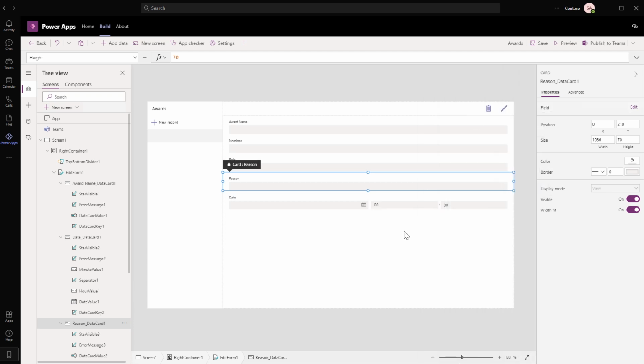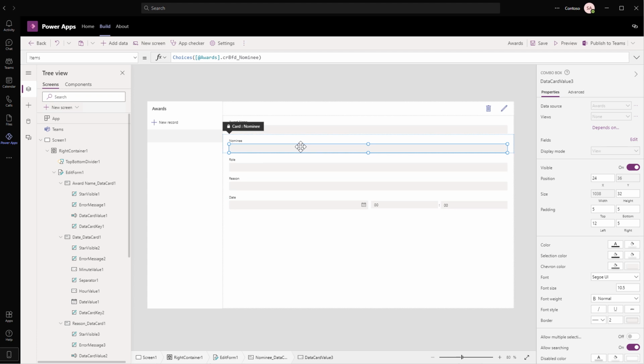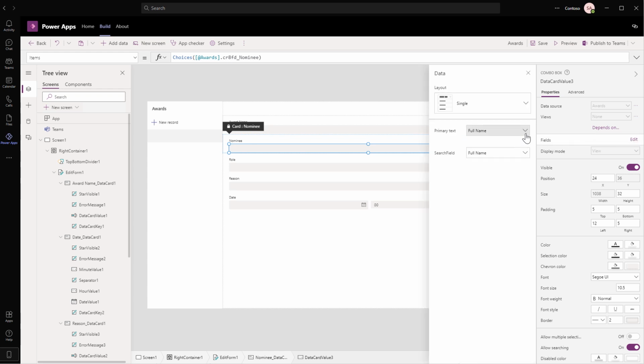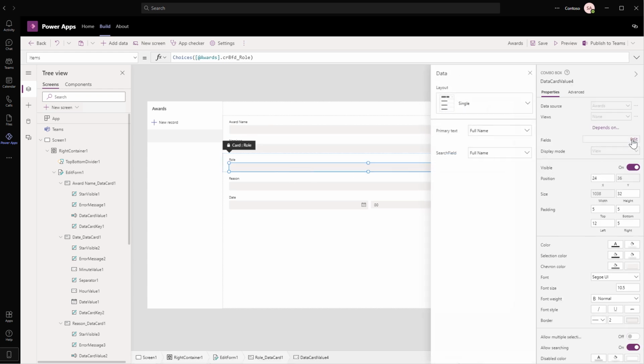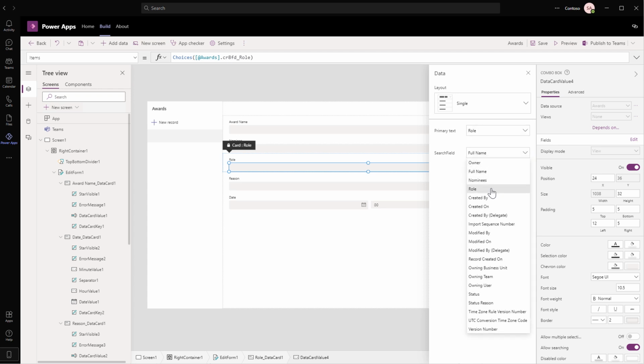Okay, now that I have my fields in, I need to make a few more changes. I included two lookup columns that have a relationship to another table. When a lookup column is added, the Design Hub picks the primary name column as the value to be returned. I'm going to pick my drop-down component, and then in the right-hand panel, I'm going to edit the fields for this drop-down. The first one I want to keep as full name. But this other one that's looking for a job role, I'll edit it so that it returns the job role from the record on the table.